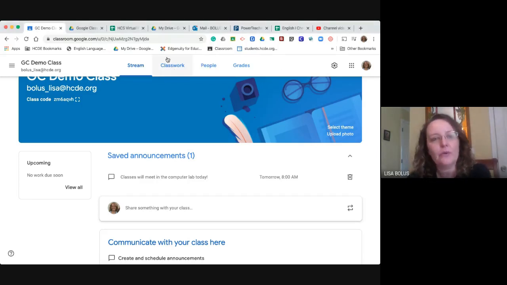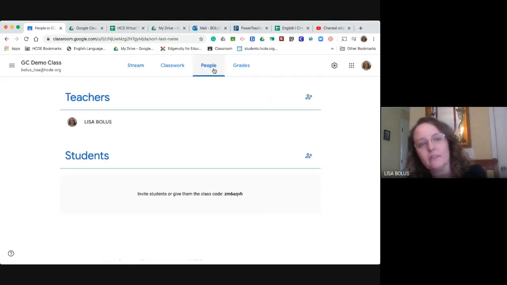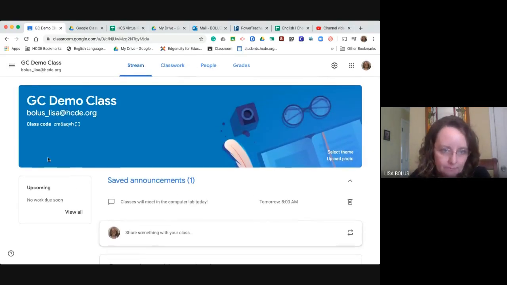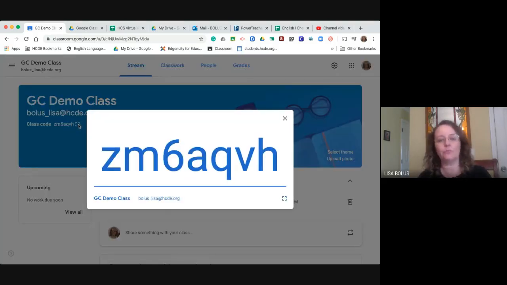All right, so the next thing I want to do is add some people, because it would be nice to actually have some students in the class. You can do this one of two ways. On this home screen, right underneath the name of the class and my email, is something called a class code. It's teeny tiny. There's this little box that says display. If you were in class with your students, you could display this up on a whiteboard or on a TV and say, here,